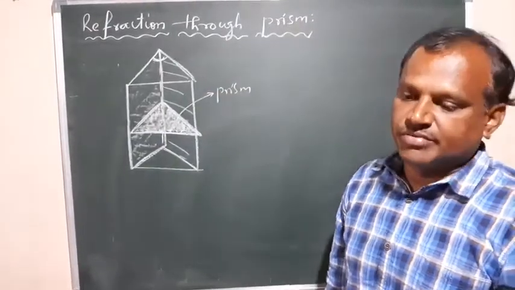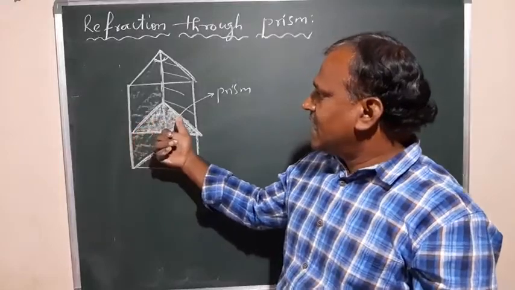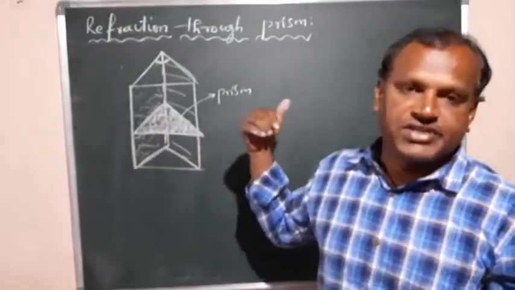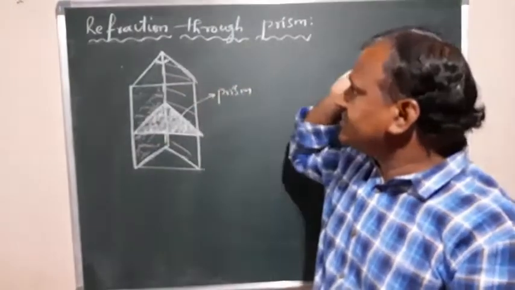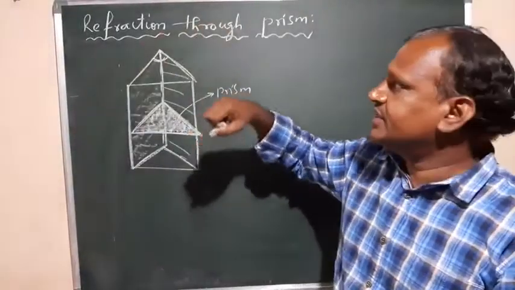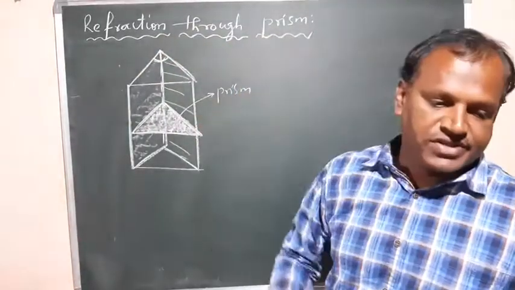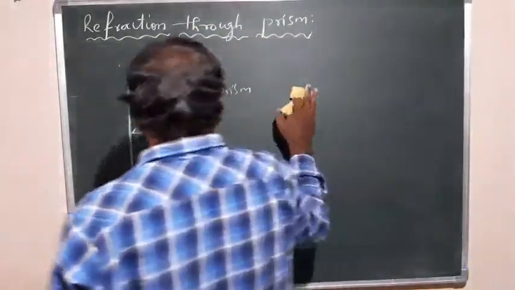If a ray of light passes through one refracting surface, and the ray comes out from the other refracting surface, there are two refracting surfaces through which the ray passes, then we say that is called refraction through a prism. Okay, so that we will discuss. Now here I'll consider